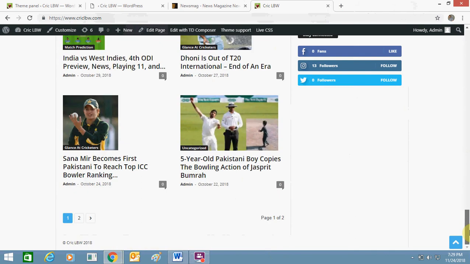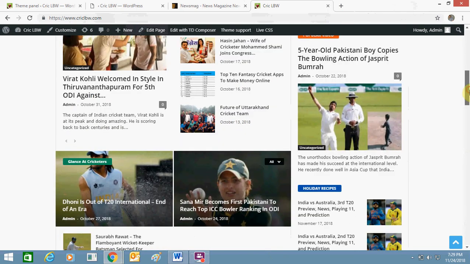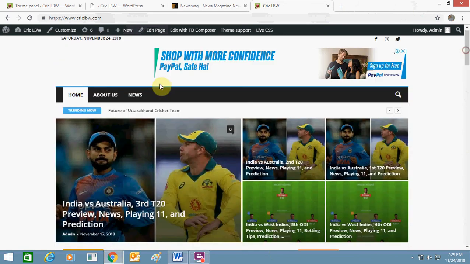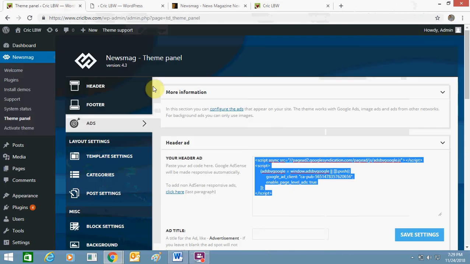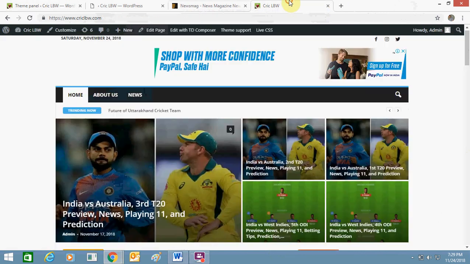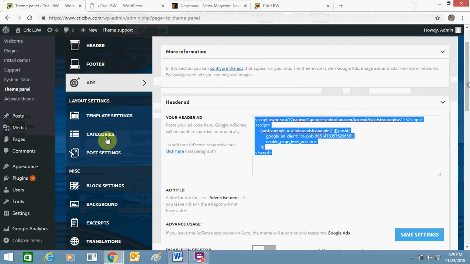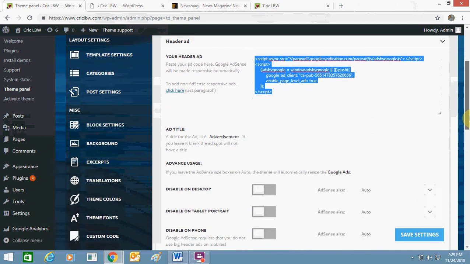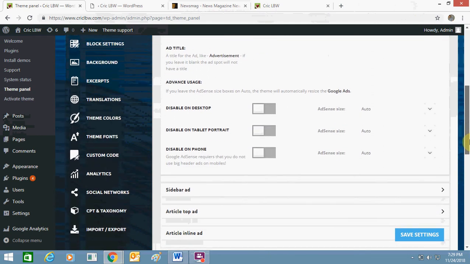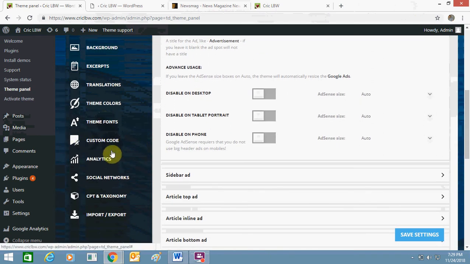So it's a very beautiful theme, and you can design your website like this. You can segregate your categories very easily. You can also make this come up over here. Like in categories you can go to post settings, background, and you can make all the changes from here. Theme, font, analysis, you can add Google Analytics as well over here.